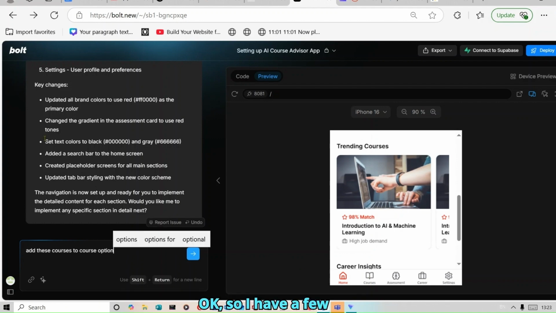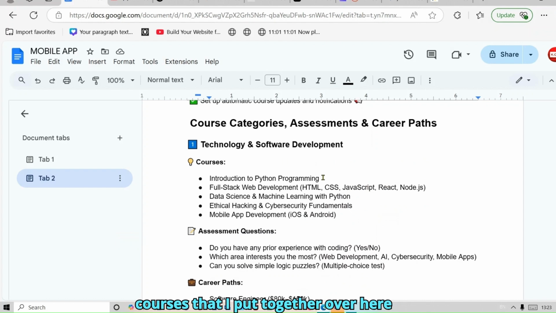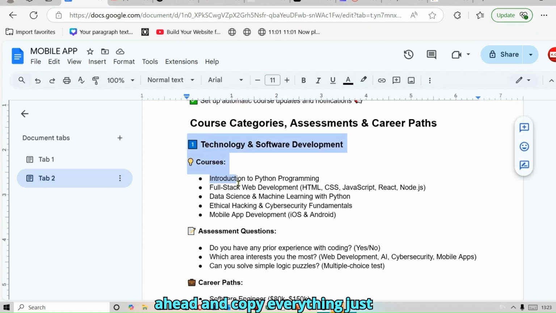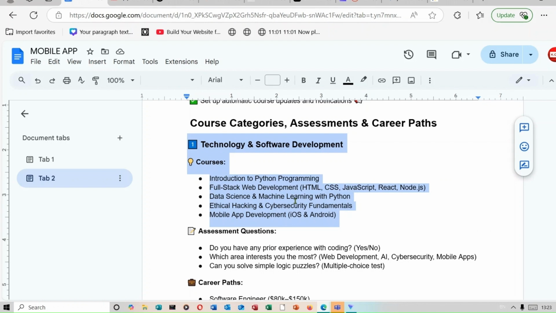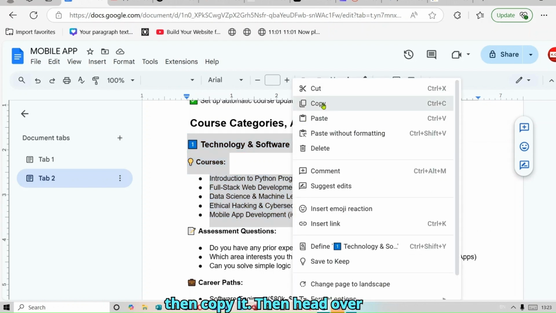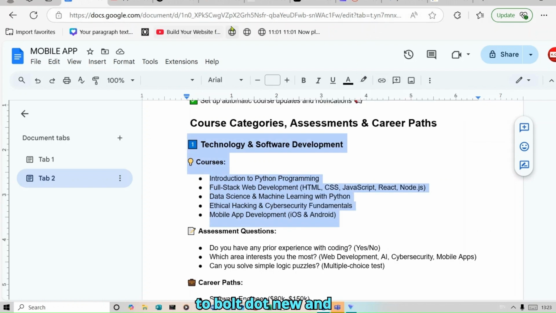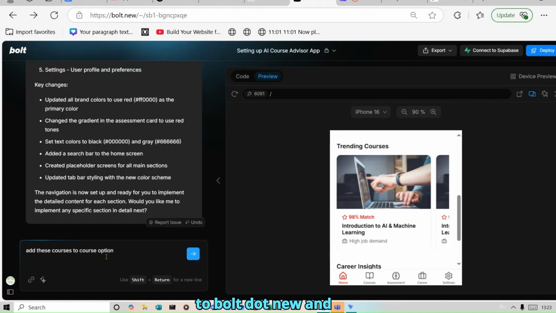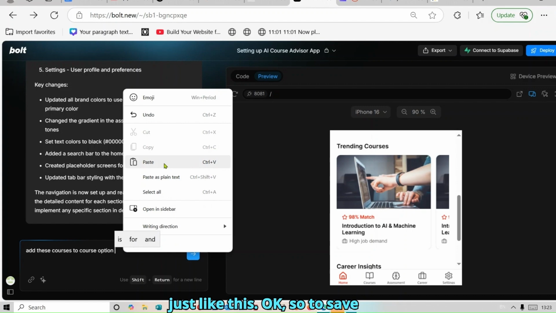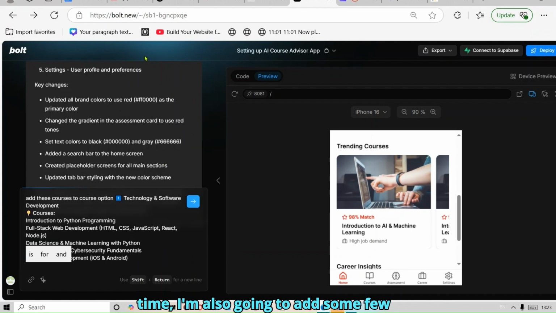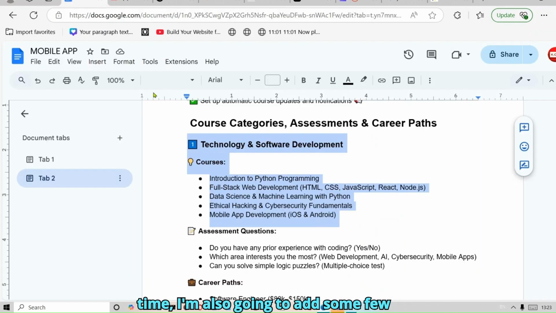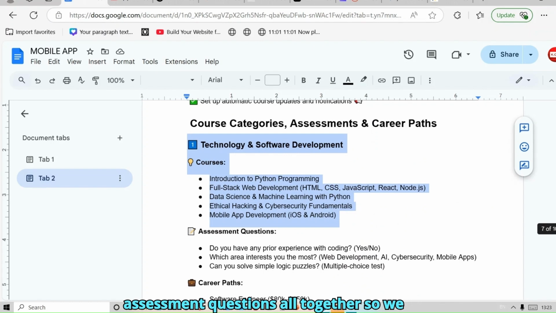Okay, so I have a few courses that I put together over here, like you can see. So I'm just going to go ahead and copy everything just like this. Then copy it, then head over to Bolt.new, and then we are going to paste them over here just like this. Okay, so to save time, I'm also going to add some few assessment questions all together so we can